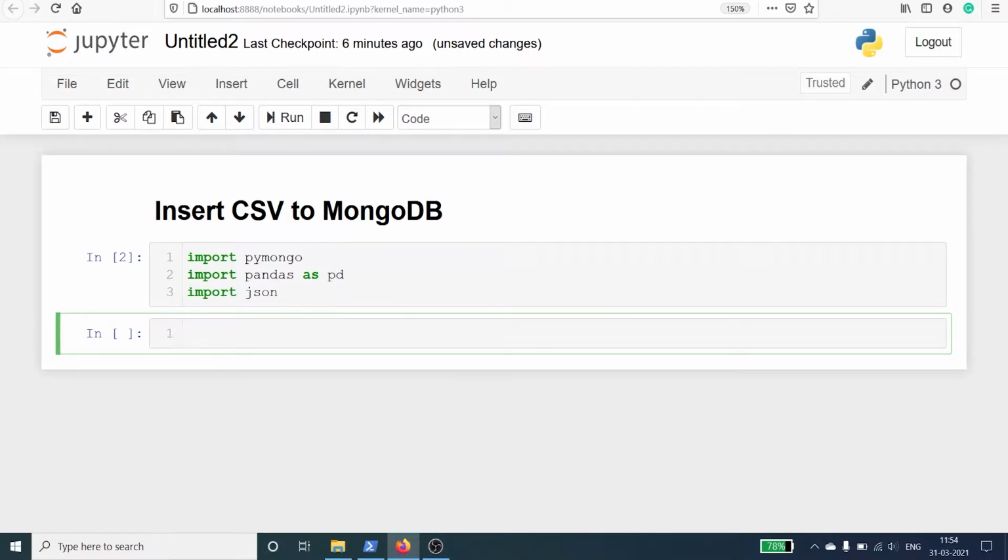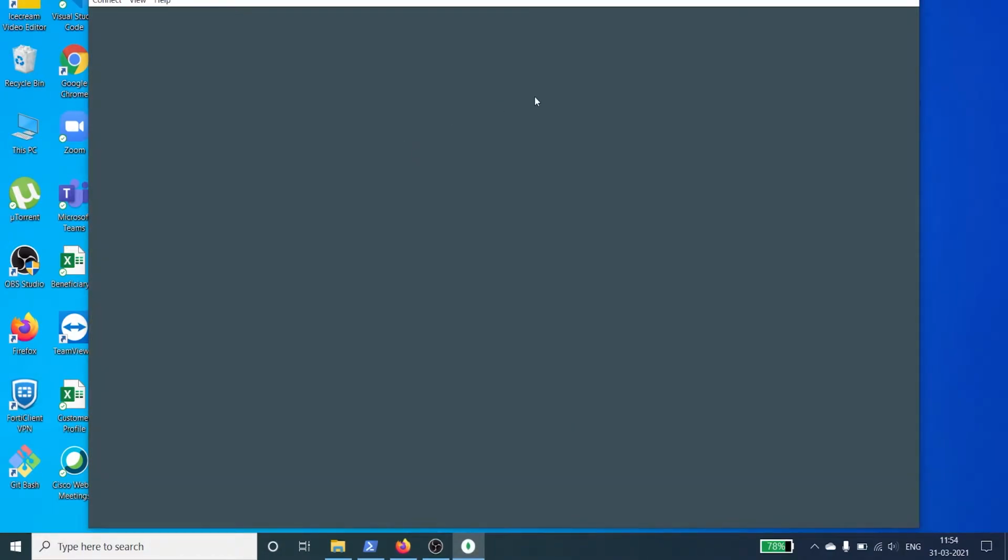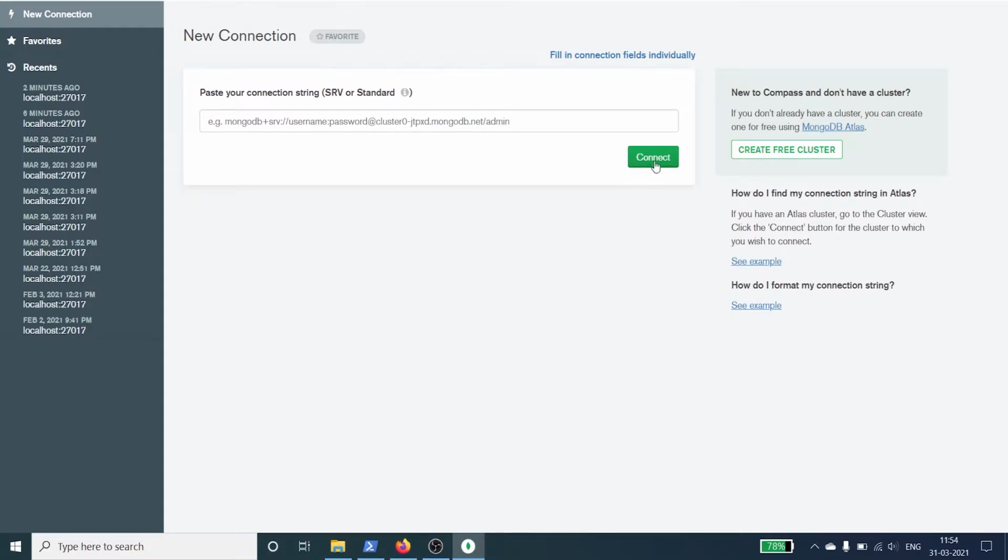Let's open the MongoDB Compass. This is the MongoDB Compass. Here you have to click on connect.